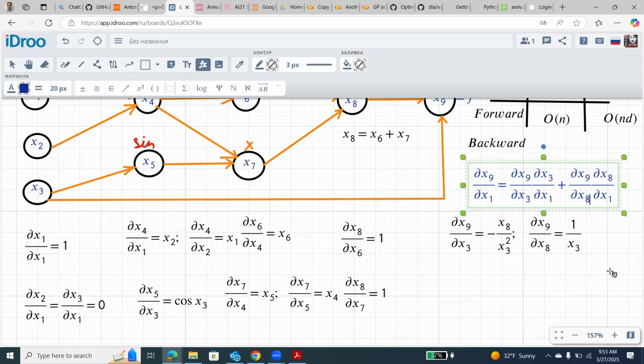So we will use again exactly the same chain rule, but to evaluate the derivative of x3 with respect to x1, we will also use chain rule. Okay, actually x3 is the terminal node. For example, x8 with respect to x1. We will look at the inputs into x8, which are x6 and x7. So to calculate this derivative,